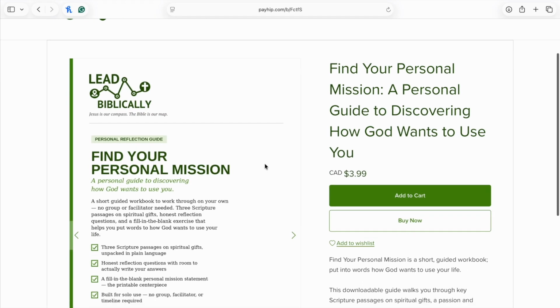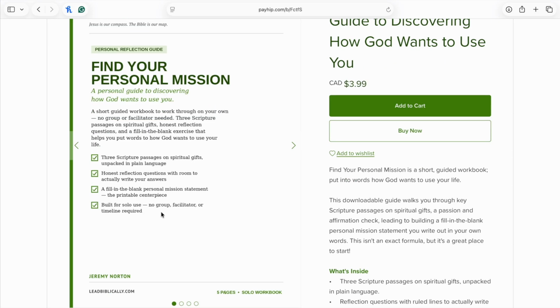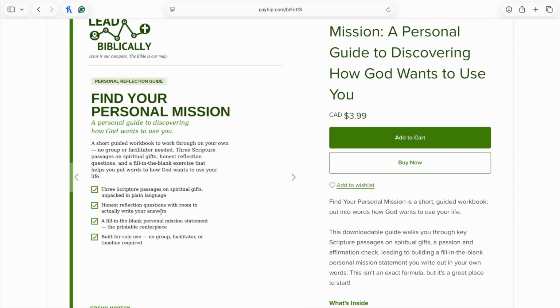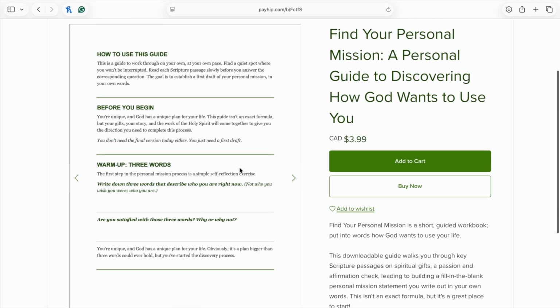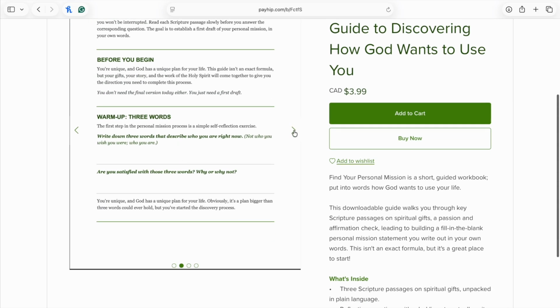But I wanted to design a process that someone could walk through using the journey that I went on and then trying to formulate it into a tool. There are some other tools we're going to get to for boards and groups, different stuff like that, but this is a solo tool. And you'll see here how to use the guide before you begin, and then it's going to get through some different questions.